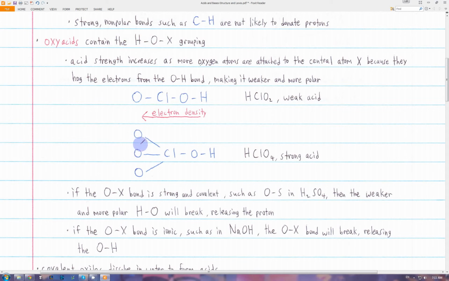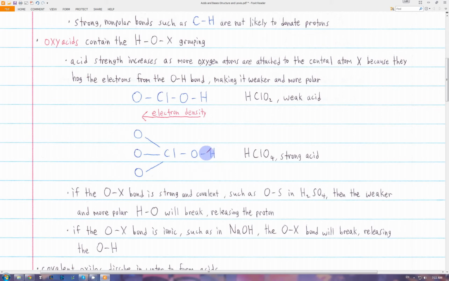And so as we have more oxygens on this side, the more electrons will be drawn over here. Since oxygen is very electronegative, it draws the electrons to itself. So the more the electrons are concentrated on this side, the more polar and weaker this OH bond on the other side becomes. And so as this bond becomes more polar and weaker, then it's more likely to break in water,